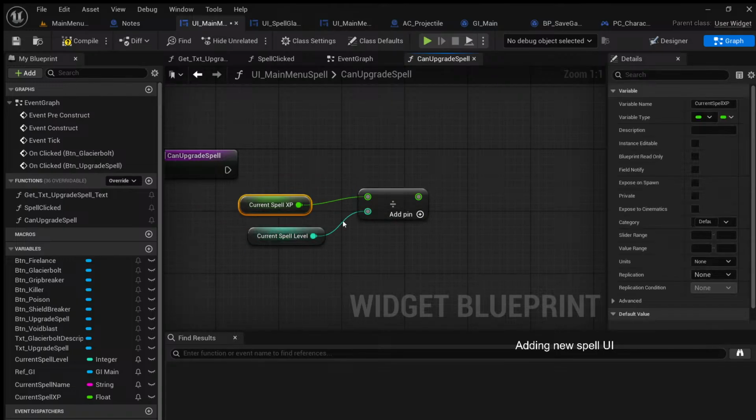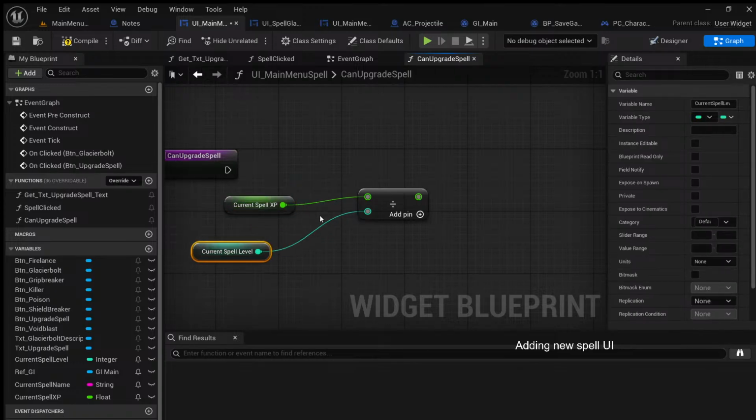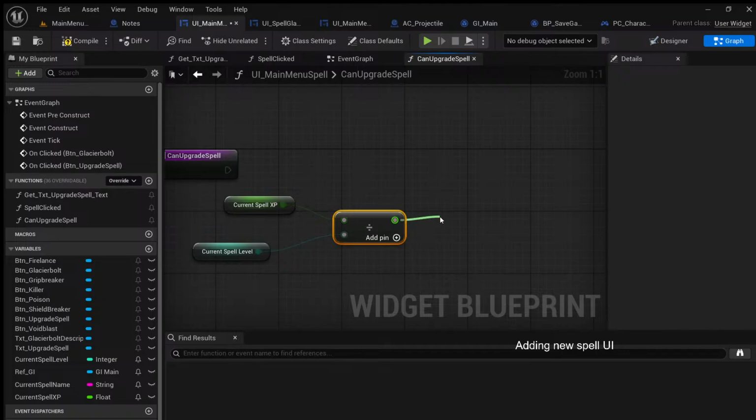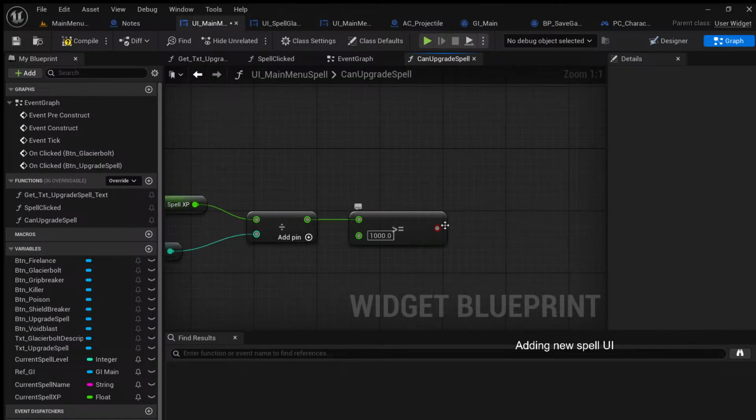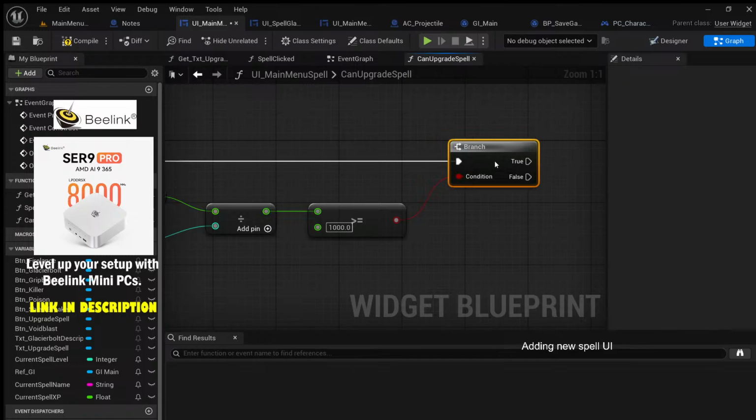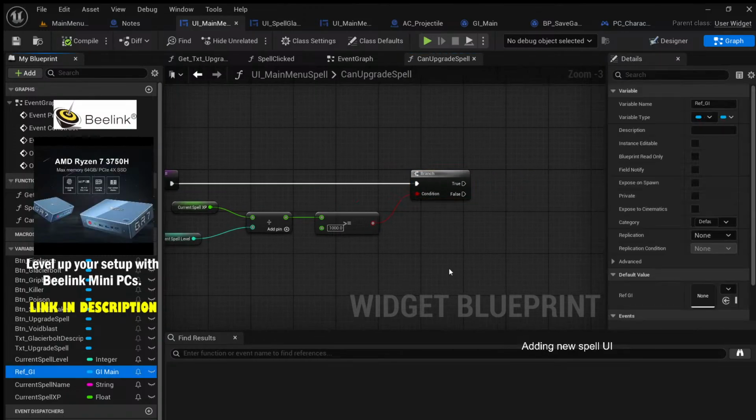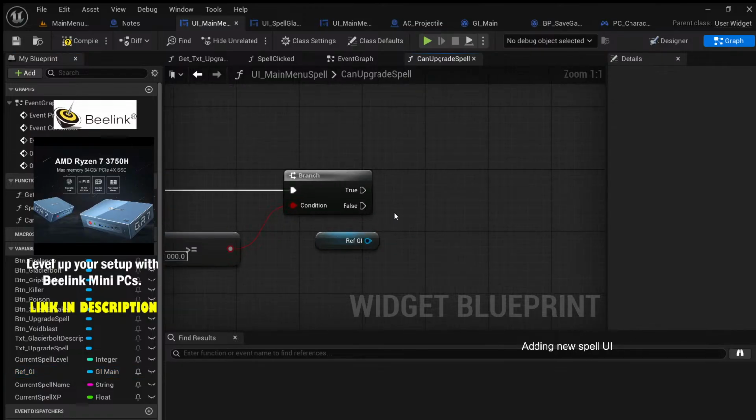So let's say he's level 2 and he wants to pass to level 3. That means he will need 2000 XP. And so 2000 divided by 2 makes 1000. So at any time, this value needs to be above or equal to 1000. My calculations are correct. So if this is true, that means the player can upgrade the spell. So we can get our game instance and call the